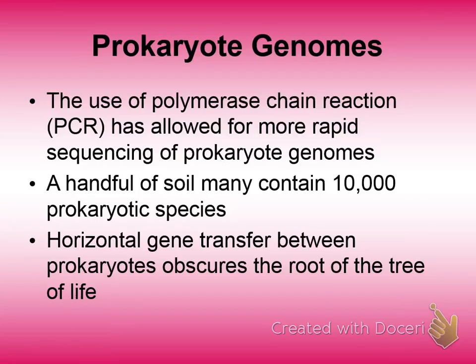So a handful of soil can contain as many as 10,000 different prokaryote species. Your hands have thousands of different species of bacteria on them, prokaryotes. The bathroom is filthy with them, right? Tons of it. The table that you're sitting at has thousands of different species, and things in our environment. We breathe them in all the time. We touch them, we feel them. They're crawling on our skin, they're everywhere. Make you paranoid at all? No? We'll get there sooner or later.